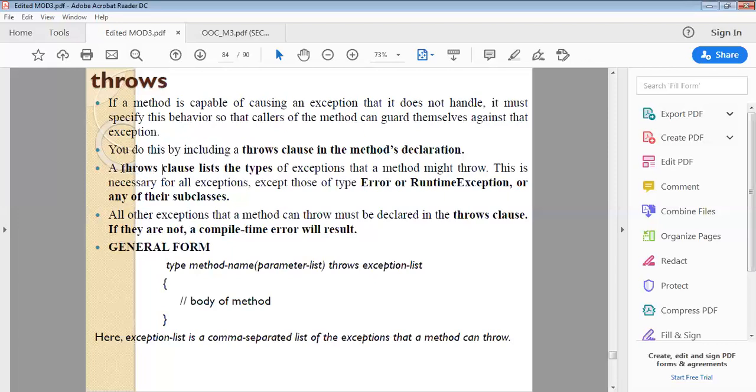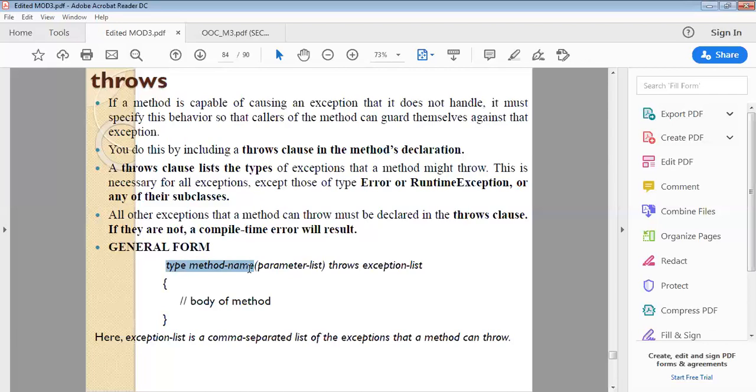Okay, so the throws clause lists the types of exception that a method might throw. This is necessary for all exceptions except those of type Error or RuntimeException. So what is the general form? Everywhere inside the try you are getting throw, but where is throws?